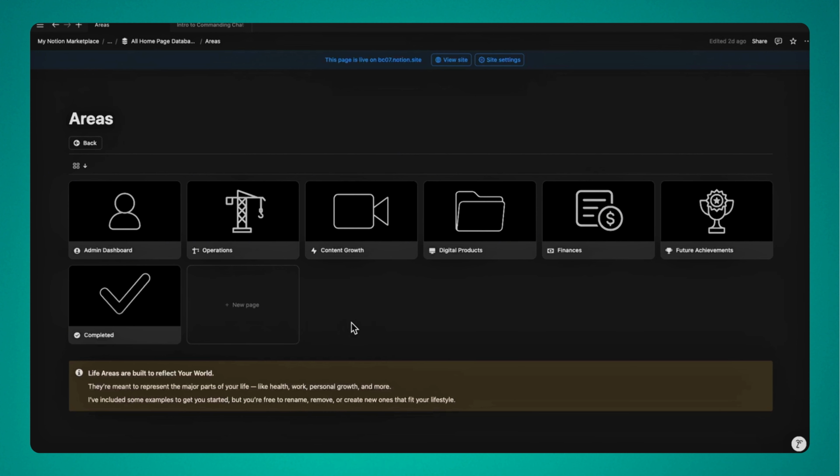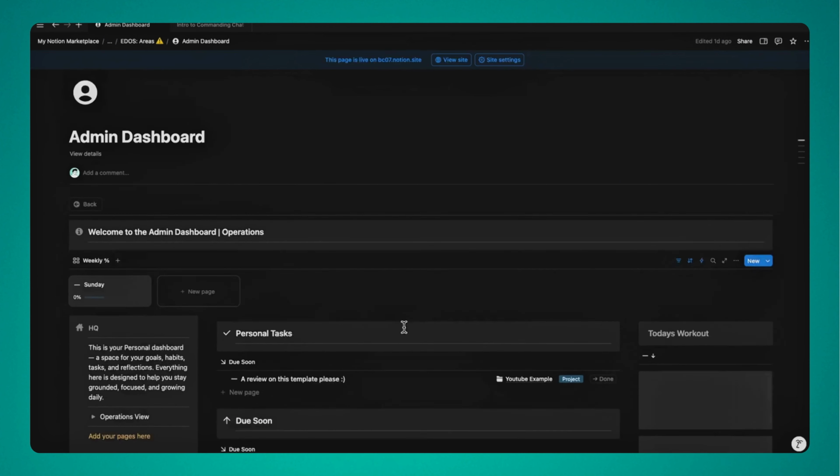This is basically just saying that I can't create a template that's going to suit everyone's life area needs. One person might be extremely into books, and the next might be really into gardening. The third might really want to be a solo entrepreneur. And that's all right, because the template is pre-set up for almost everything you need to get started right off the bat. There's the admin dashboard that if I click on it right now,